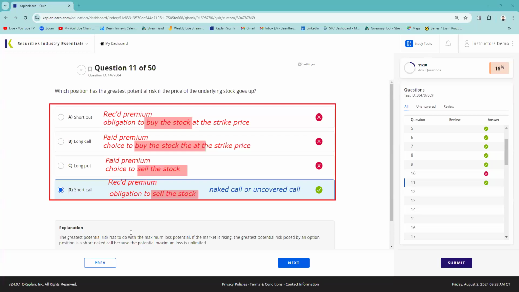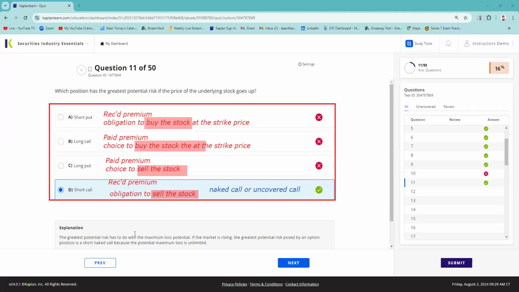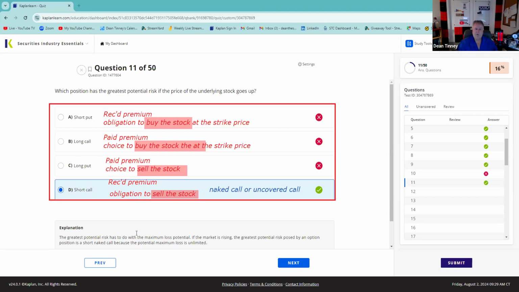So a long call and a long put are choices to buy or sell. When you're wrong, you just lose your money, right? You pay a premium. A short put and a short call, you're forced to do it. The short put could be painful because you're going to have to buy the stock, but the worst case is you're going to buy stock that's worthless. That's a definable number. If you short an Apple 215 put, the worst case is you're going to have to pay 215 for the Apple, and the Apple could potentially be zero. That's a lot of money.